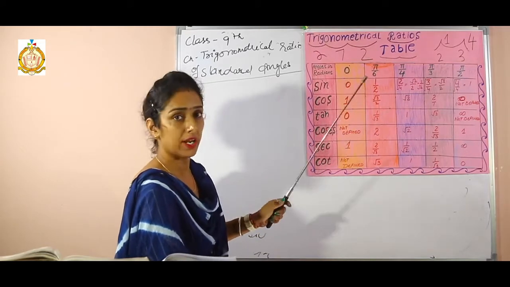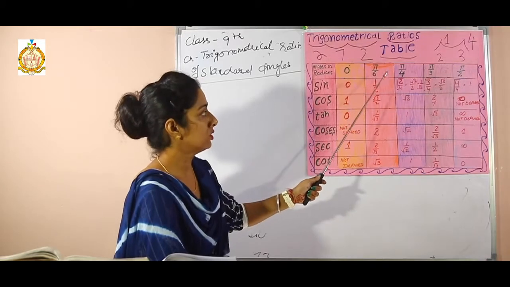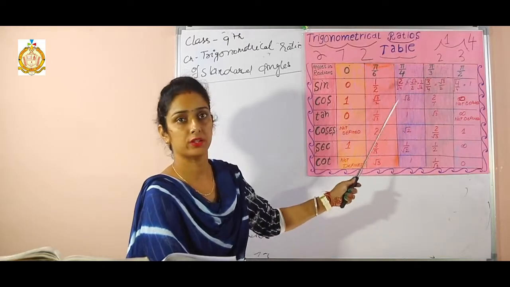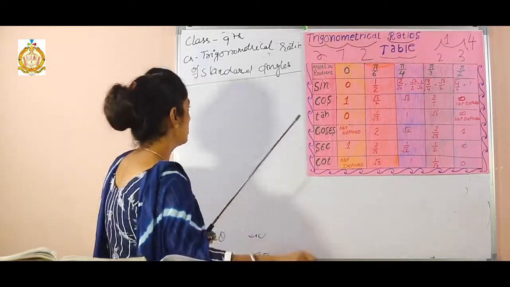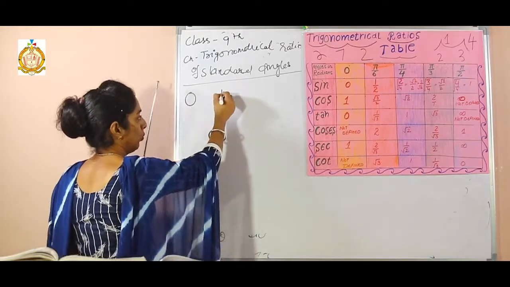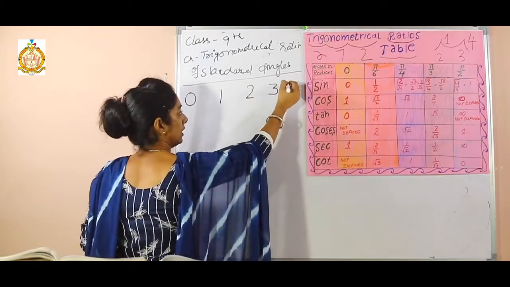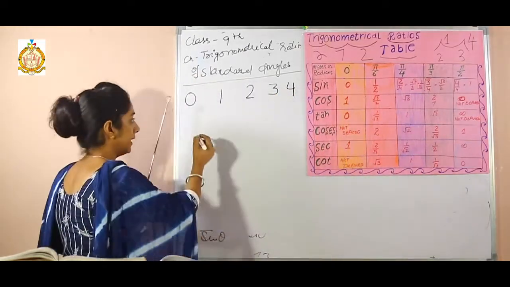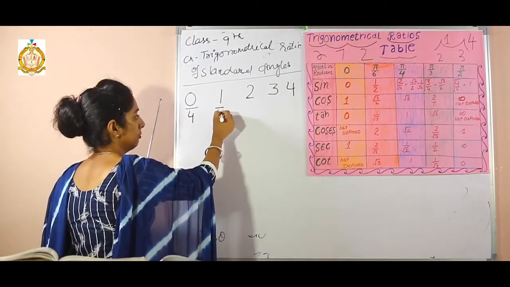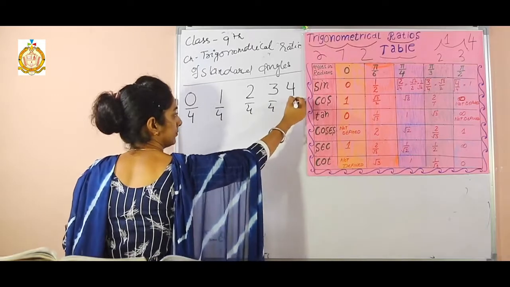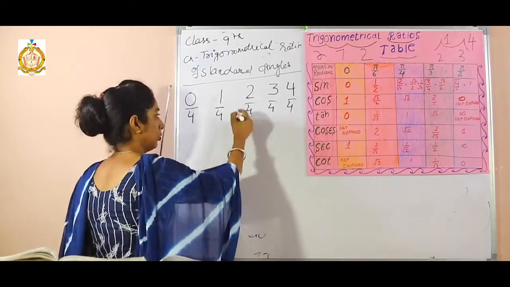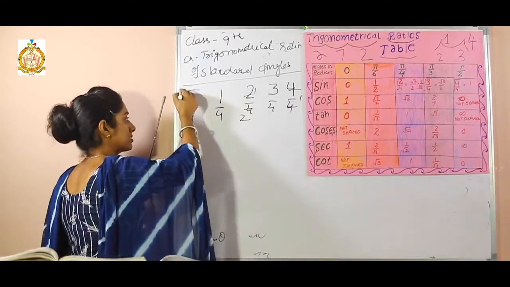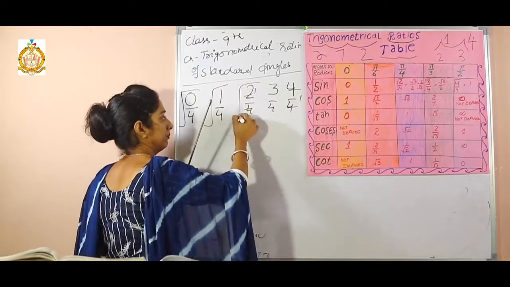Great. So after that you write 0, 1, 2, 3, 4. Means 0 to 4 counting you write in the column. Right? First of all you write 0, 1, 2, 3, 4. I told you about the first column, right? After that divide each number by 4. Okay, now this is 1 by 2, this is 1. Okay, now take the square root of each term.